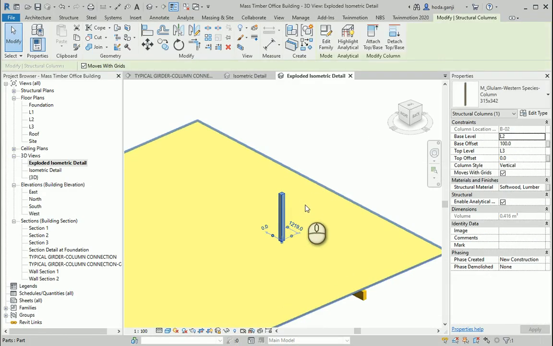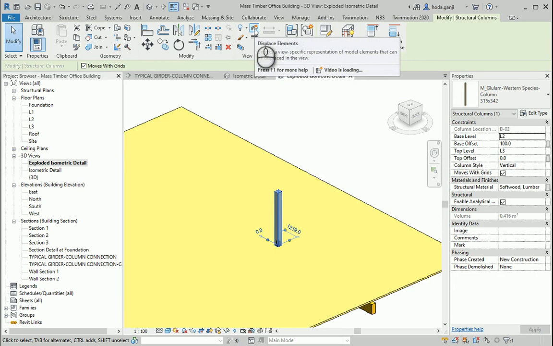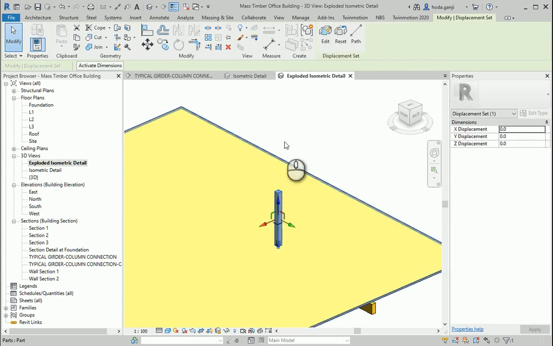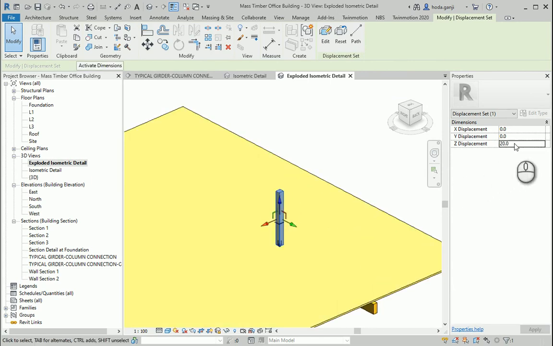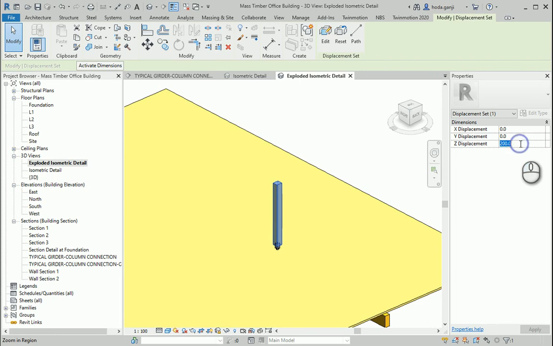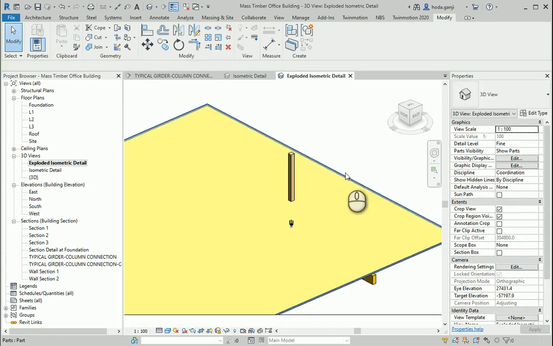So I'm gonna use this column, displace element. Now you can move it up and down, and you see the properties is not about the column anymore, but it's about the displacement. Maybe I would go with some round numbers such as 20. Oh, okay, 20 is only 2 centimeters. I should go with 200 for a little bit more. How about 1 meter or 2 meters? 2000 actually. For 2 meters is better. Okay, so that's that one.